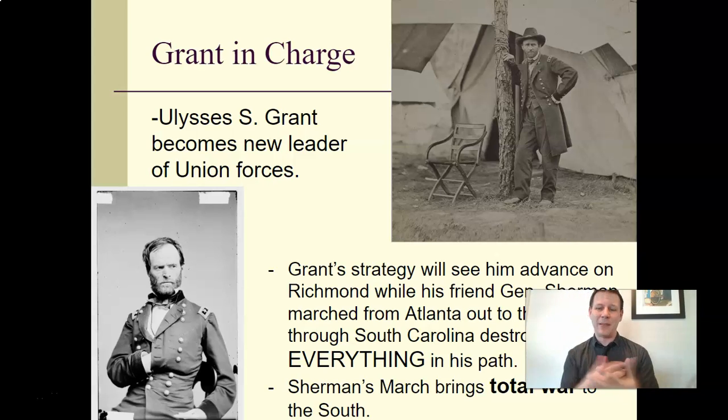So Grant's going to take the main force of the American army, and he's just going to go after Lee and start hammering towards Virginia to capture the Confederate capital. In the meantime, Sherman and his troops, instead of attacking military targets, he's got a different idea. I'm going to end the war quickly by bringing the war home to your average Confederate person, your average civilian. He goes off in a different direction.